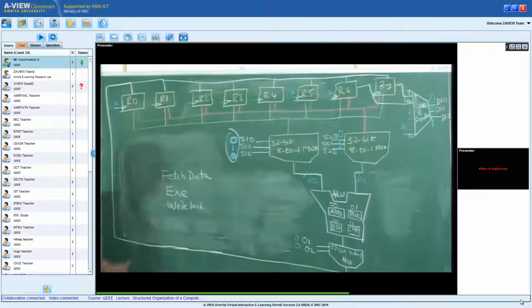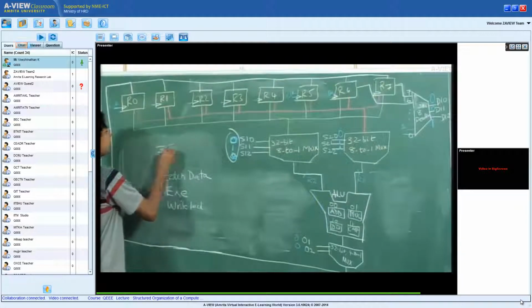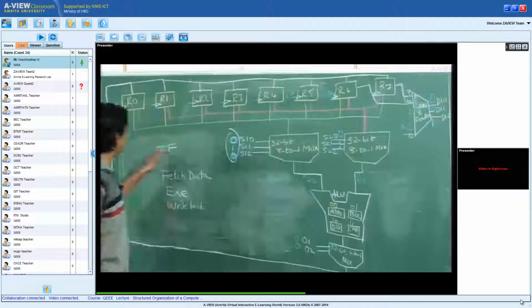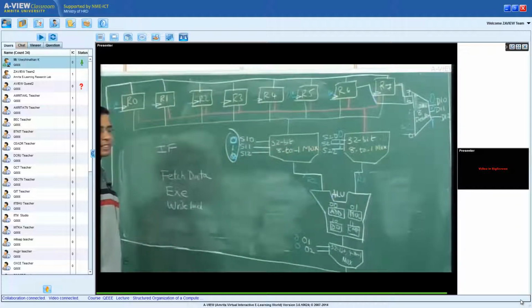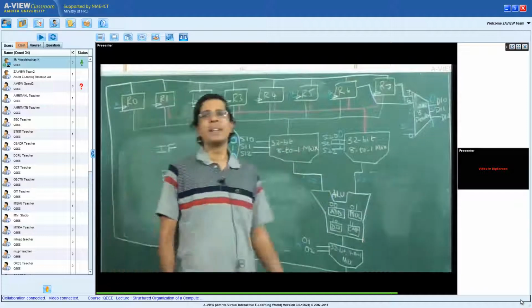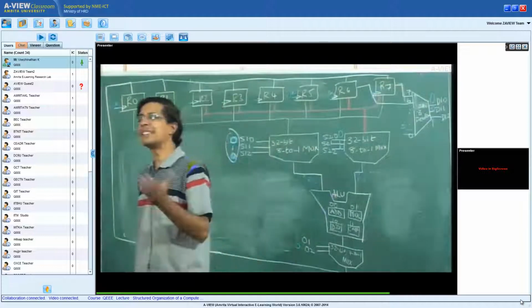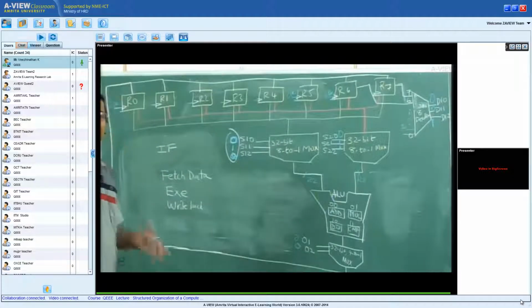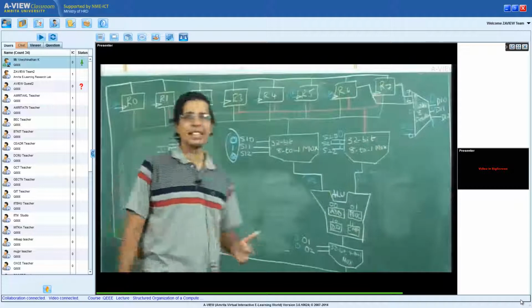Before this, the instruction needs to be fetched from the memory. I call it IF or instruction fetch. After the instruction comes from the memory, we need to translate it into this microcode as we had seen now. And as I told you just now, there are two ways of translating this.